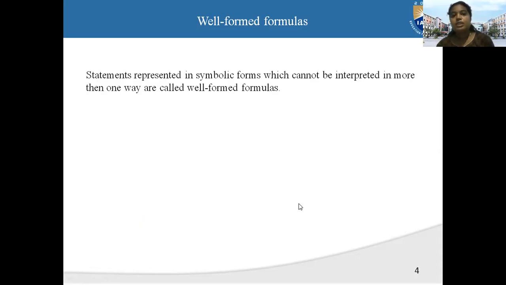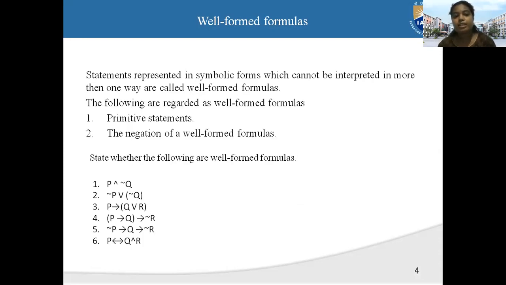Okay, so here you have to take some statements and decide which statements are well-formed formulas and which are not. What are the well-formed formulas? Here you have to follow the primitive statements, and observe the negation of statements also. So what is a well-formed formula here? P and negation Q. This is a well-formed formula.